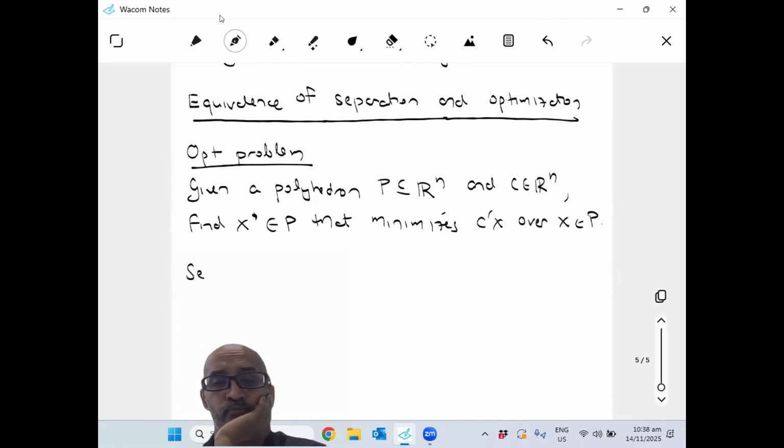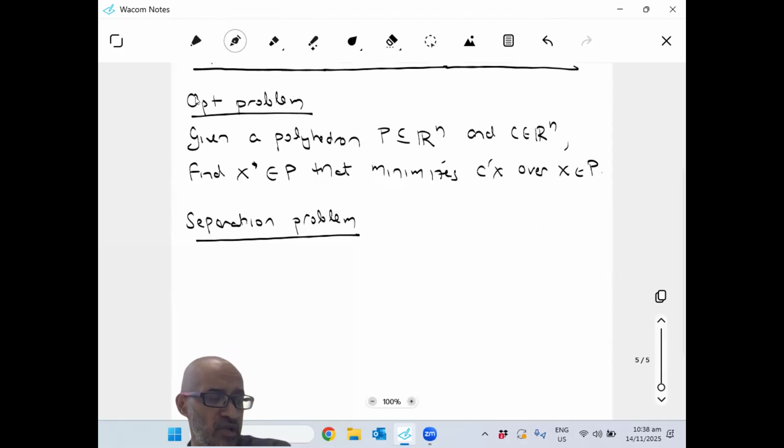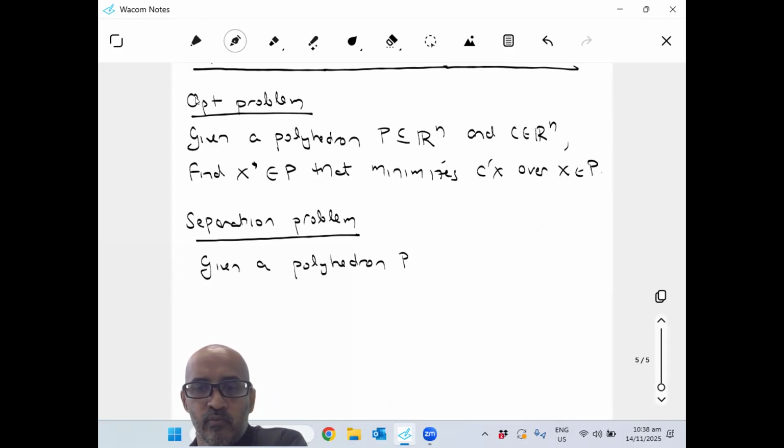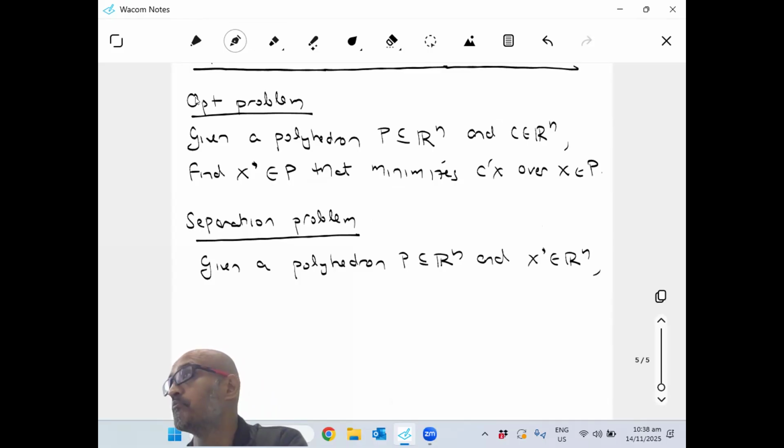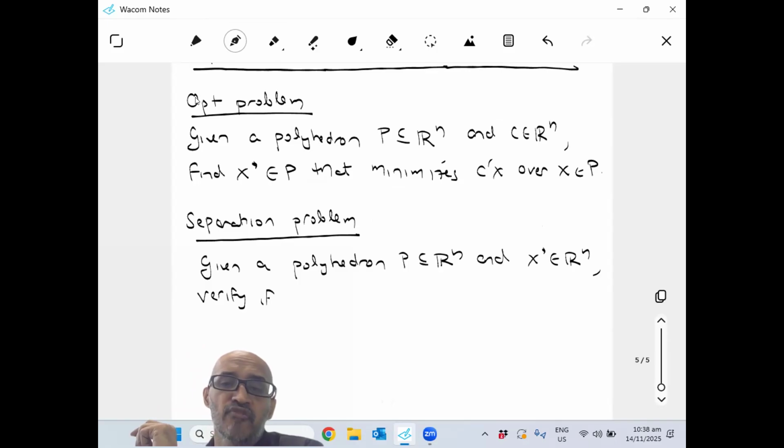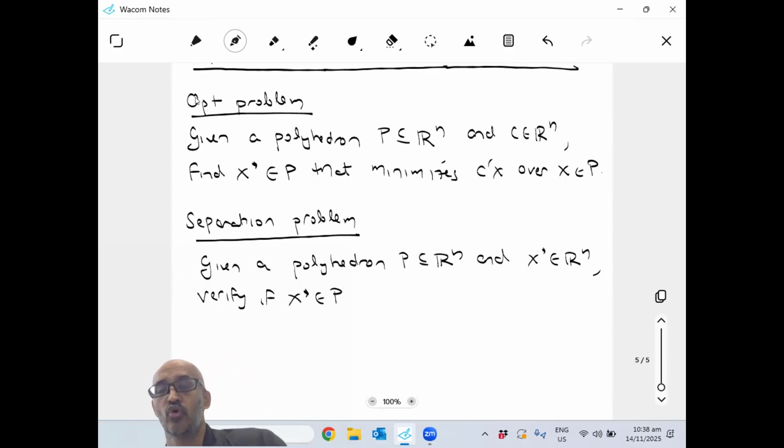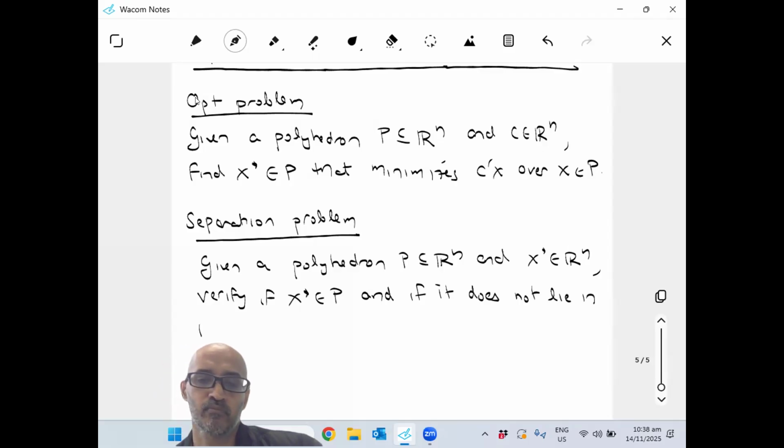What is the separation problem? If I give you a polyhedron, so given a polyhedron P, let me first write it down, and a vector X star in Rn. Okay, it may not be in P. Do the following. Verify if X star lies in the set. And if it does not lie in P,